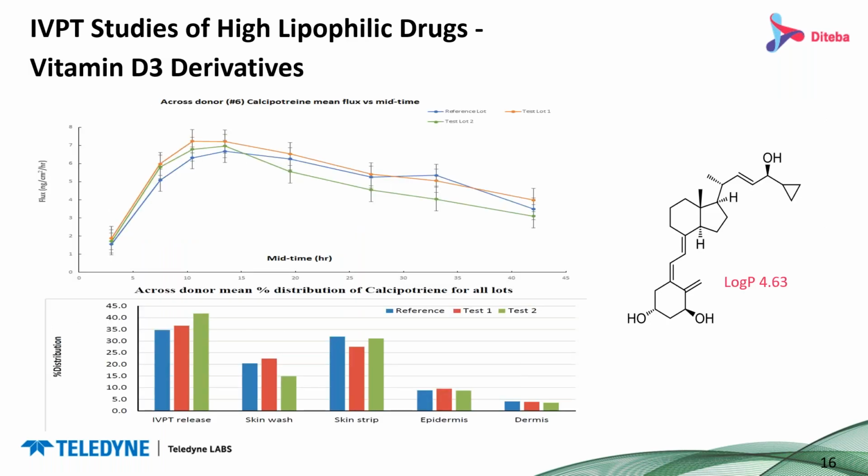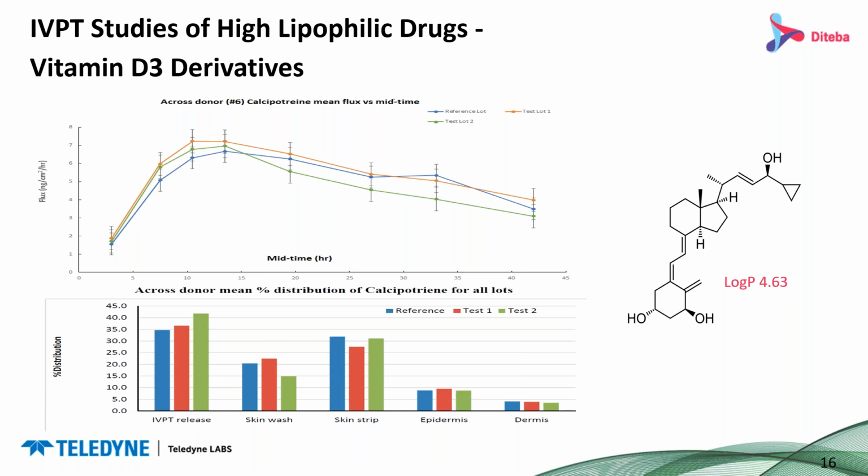Here is a follow-up case study, drug calcipotriol, a water-insoluble lipophilic vitamin D3 analog used topically for psoriasis of the skin and the scalp, often in combination with betamethasone. Our IVPT study objective was to evaluate the formulation and bioequivalence for NDA submissions, focusing on assessing cutaneous pharmacokinetics rather